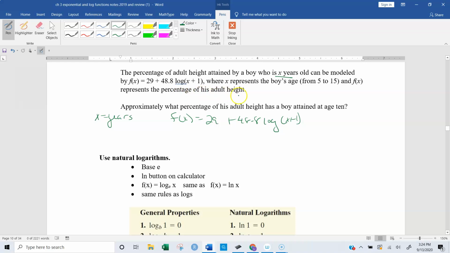Approximately what percentage of his adult height has a boy attained at age 10? So all we're doing is plugging in a 10 here. So in your calculator, we're trying to find f of 10, which is 29 plus 48.8 times the log of 11. Literally, just type that in, and your answer is